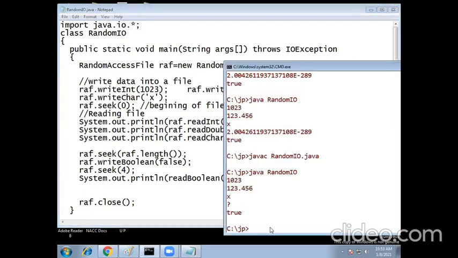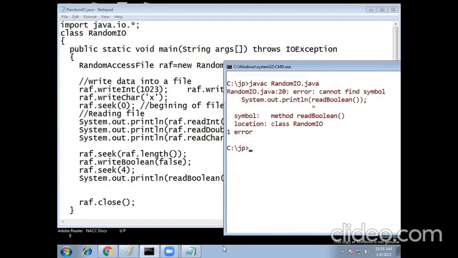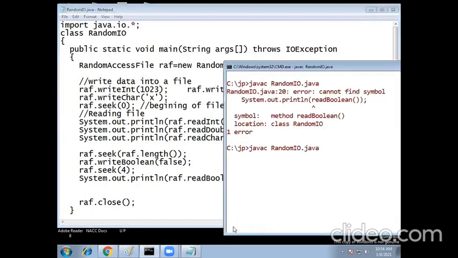Right. Now compile the code. Now this RAF dot readBoolean. Now 1023 and 123.456 X, and this is true. The last one is the true boolean value.